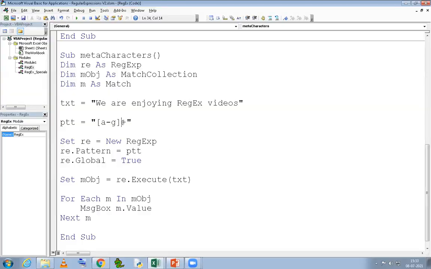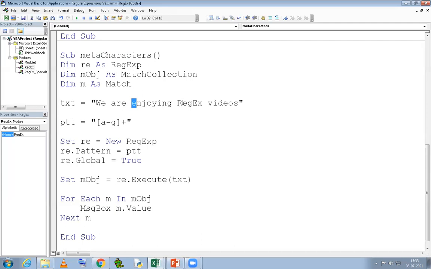Now let's see. I'm saying one or more, right? So e alone falls between a and g, and it is one itself, one or more. Then we again matched with a, again one or more. r cannot be matched because it does not fall between a to g. Then e matched, then e again matched.